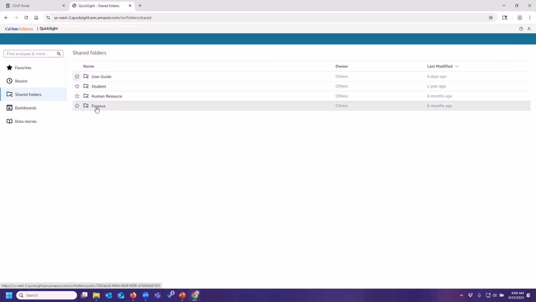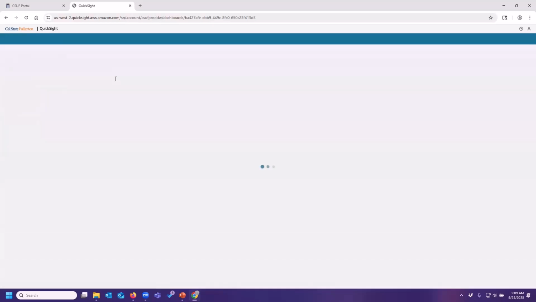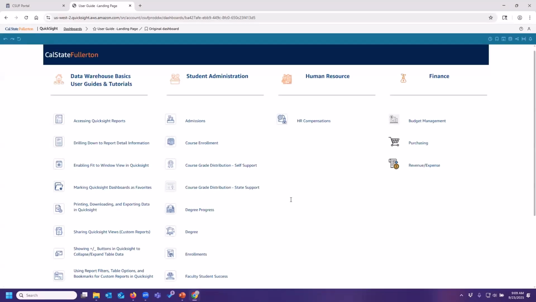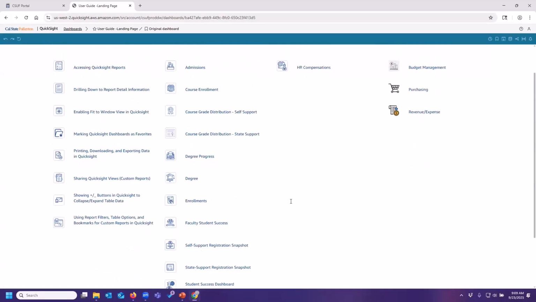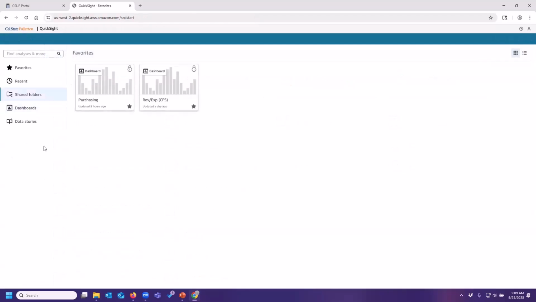We're going to take a little detour here to look at the user guide, and then the user guide landing page, just to point out that here is where there are links to the user guides. I would definitely recommend that you bookmark where we have all of the user guides, but if you happen to be in Titan Insights and want to get to one quickly, this is a great spot. To get back to the landing page, I'm going to click on the Cal State Fullerton logo, and it takes me right back here.